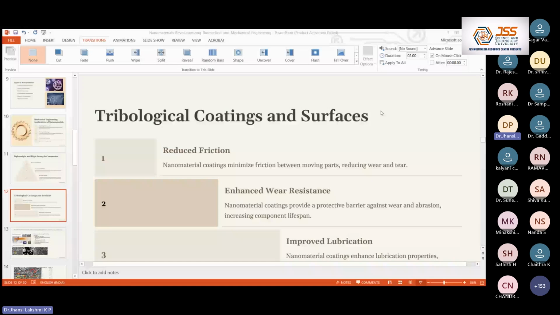If the porosity is within this range, the coating is said to be good. Porosity of this percentage is good in the case of plasma spray processes. But the disadvantage of the plasma spray technique is the porosity itself, because in HVOF and others, porosity will be less, whereas in plasma spray coating, the porosity is much higher compared to the other ones. But here the porosity is maintained by controlling the coating parameters.